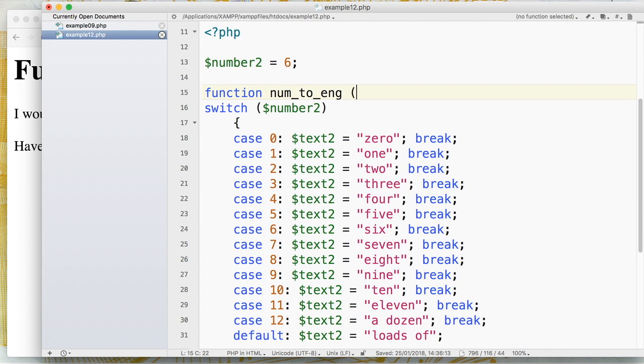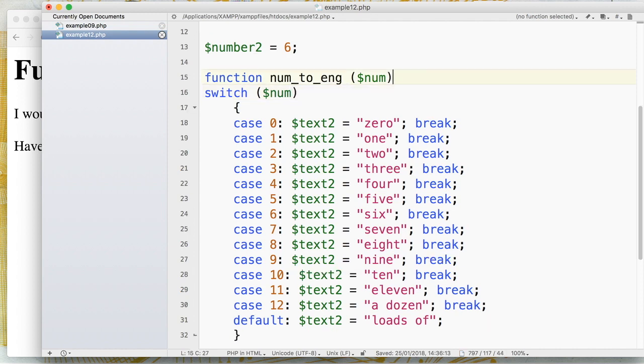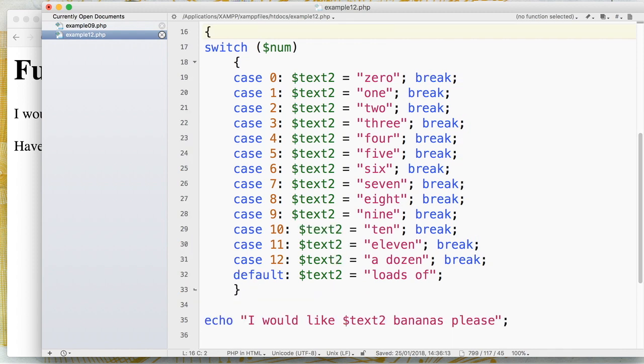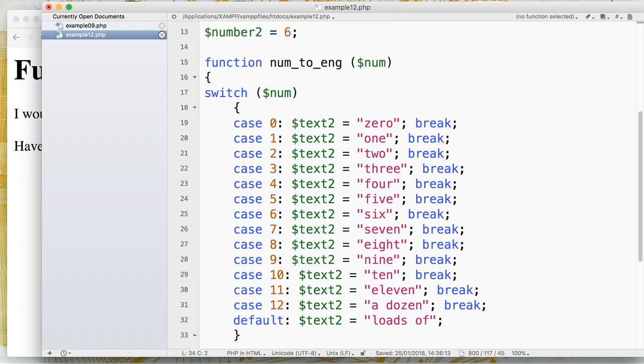And it's going to take a number. So we'll just call it num. Okay? So we're going to do a switch with num. And this is all going to be pretty much the same. We need to put in our braces here and our braces. So now we have a function that works pretty much the same as that did before, but it's putting the